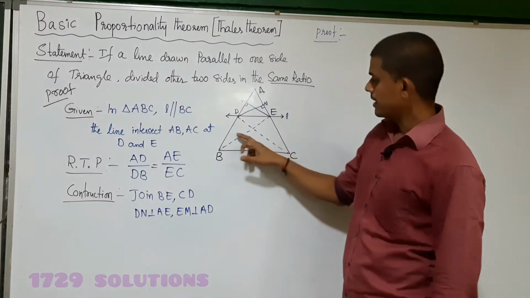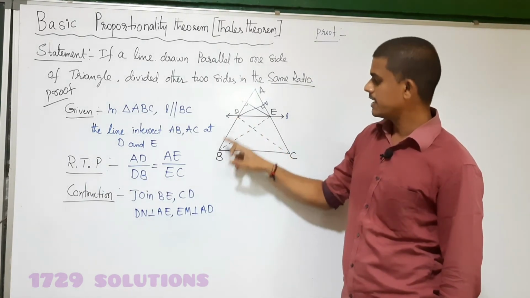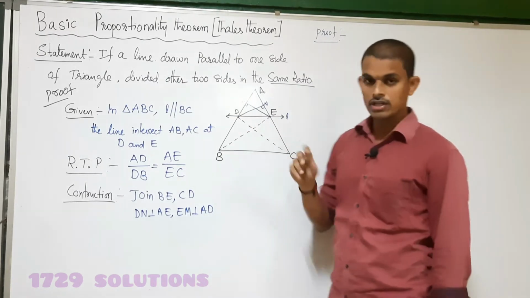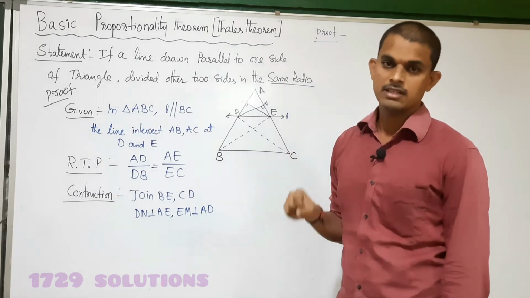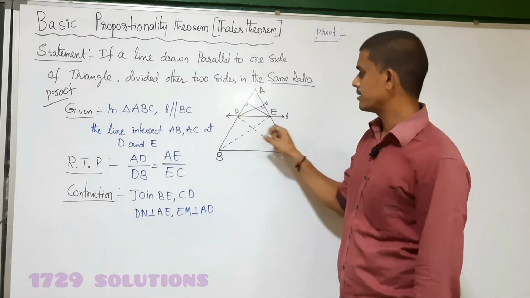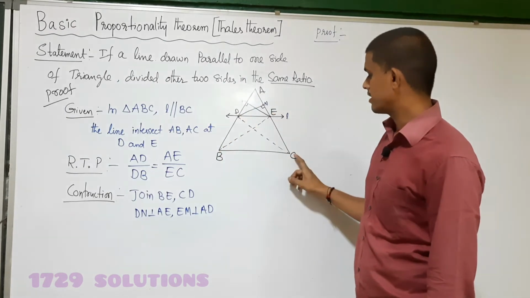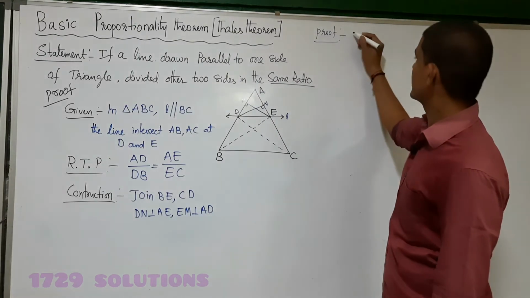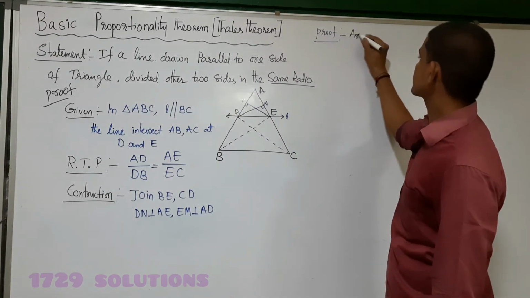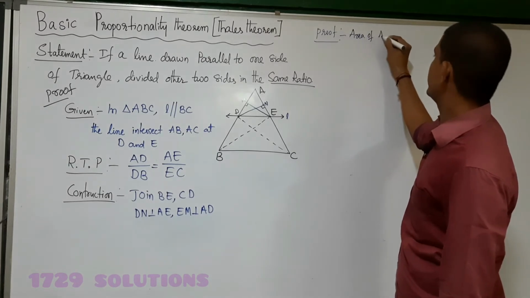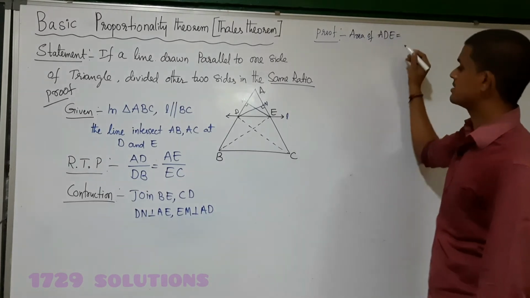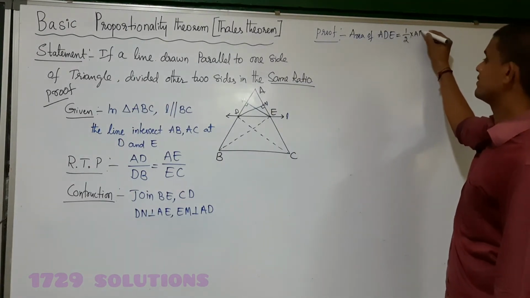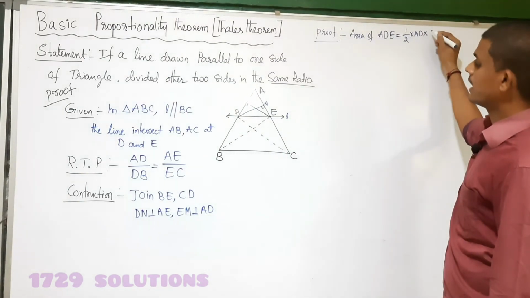Next I am taking one more triangle here. DBE is one triangle, CDE is another triangle. So I am taking 4 times in total: area of triangle ADE 2 times, area of triangle BDE once, area of triangle CDE once. Total 4 times I am taking areas. Now what is the area of triangle ADE? The formula is half into base into height. This time I am taking the base as AD, and if the base is AD, then the height is EM.